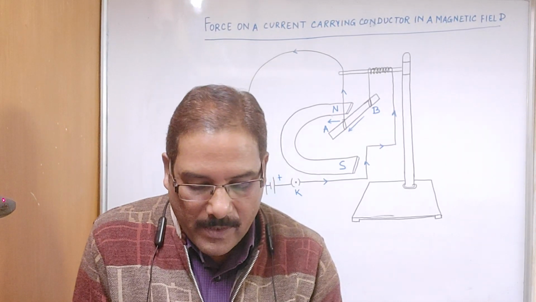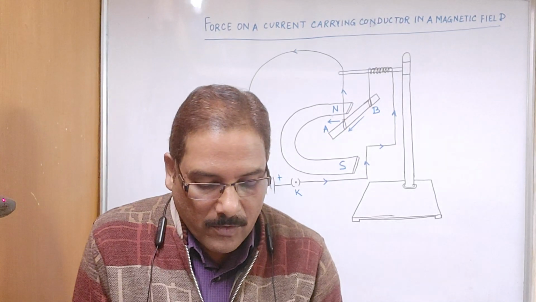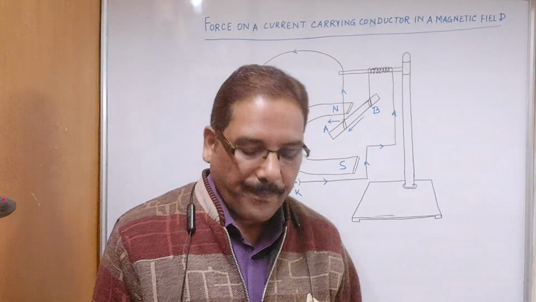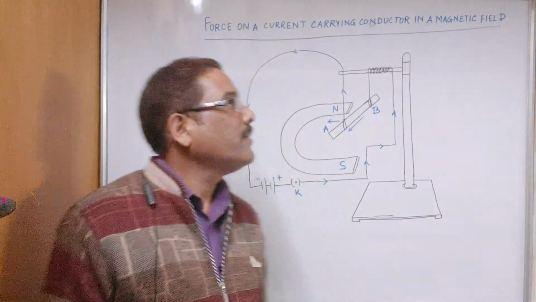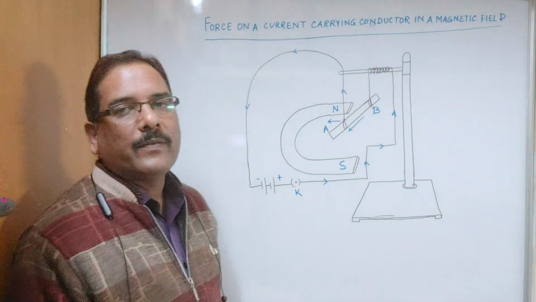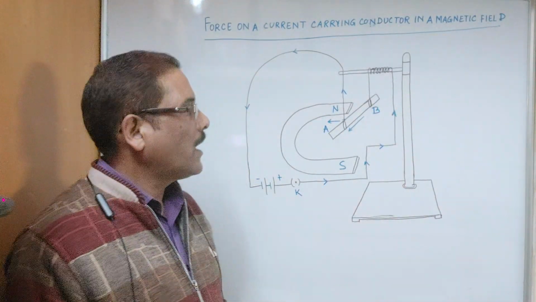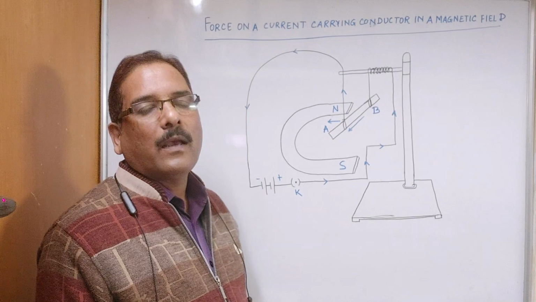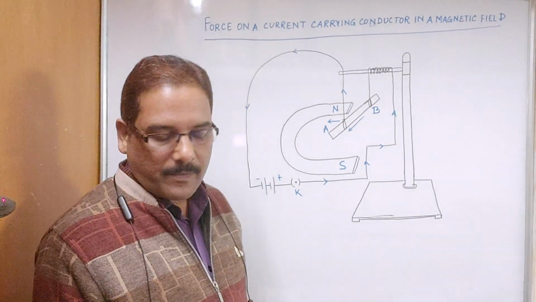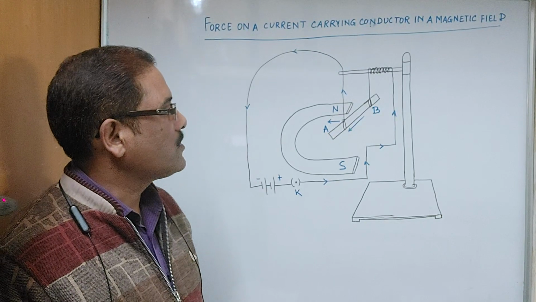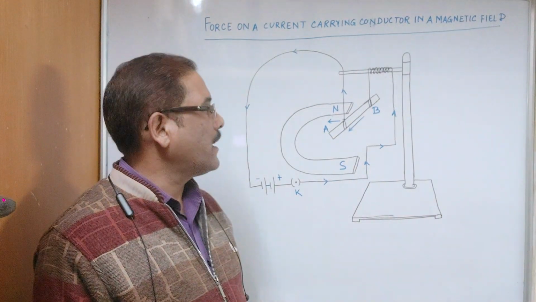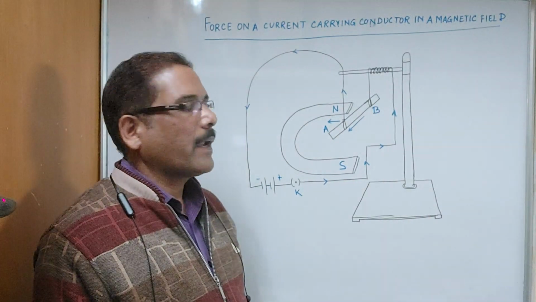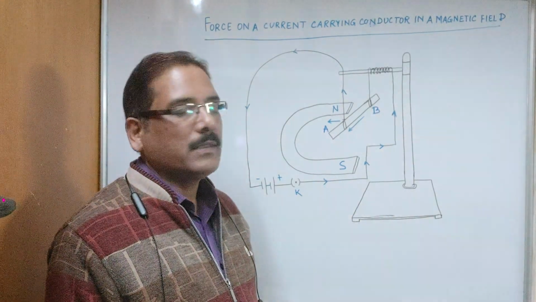It shows that the direction of force on a conductor depends on the direction of current and the direction of the magnetic field. So two important conclusions: when we place a current carrying conductor in a magnetic field, it experiences a force, and the direction of force depends on the direction of current and, second, the direction of the magnetic field. It is also observed that when electric current and magnetic field are perpendicular to each other, making an angle of 90 degrees, then the force is maximum.